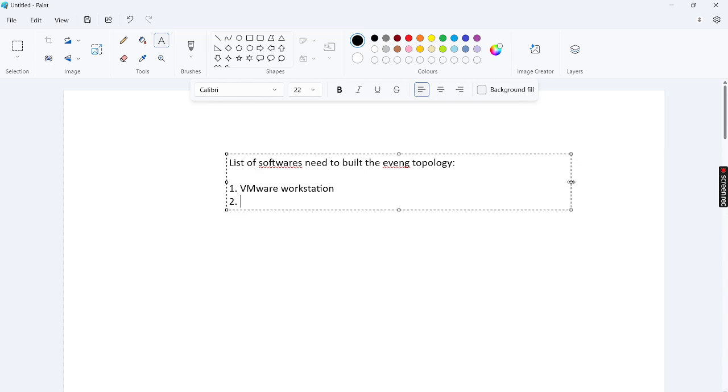The second one is EVNG Community Edition. And after that, we need to install the EVNG client side, the EVNG Windows client side. We will call it the EVNG Windows client.